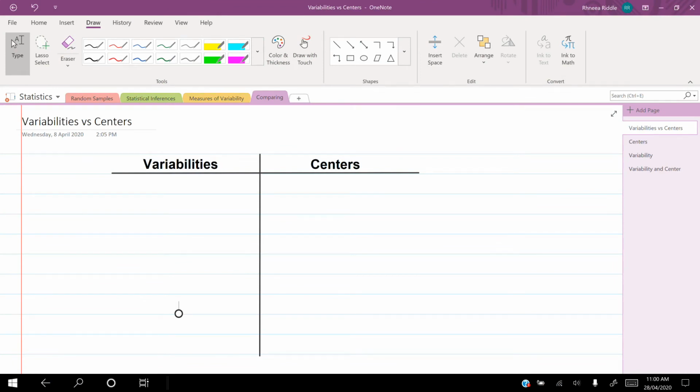Today we're going to be learning more on statistics and specifically the difference between variabilities and centers and when you use them. So to start off, we need to compare and contrast variabilities versus centers. When you measure variabilities, you are getting a glimpse at the entire data set. And if we remember, variabilities show our ranges, including the ranges of the entire data set in the interquartile